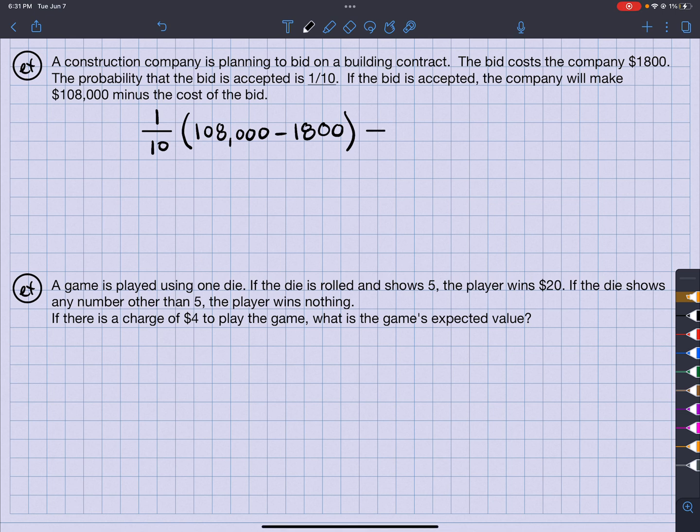So if that's the case, I got to subtract what they can possibly lose. There's a 9/10 of a chance that they're going to lose this bid, and they would lose their $1,800, right? That's what's going to happen. So this is why I got to calculate. And when I calculate this, what I'm going to get is that when you put this in the calculator, you'll get an expected value